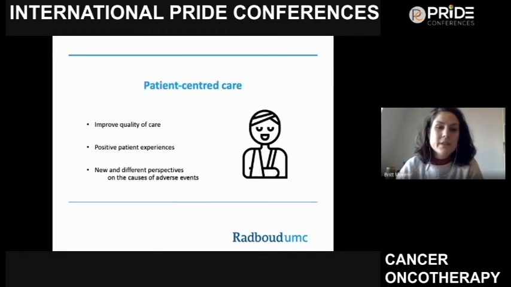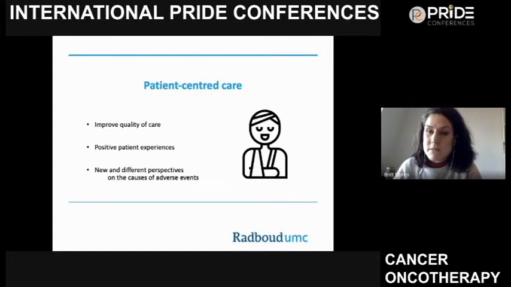In our case, we were focused on how to achieve more patient-centered care. Patient-centered care is one of the 6 dimensions of quality of care. So we believe that we can improve care by involving patients more, and also the solutions and the learning points that come from the meetings should also be considering the patient and their overall wellness and experiences. Because positive patient experience, of course, increases the quality of healthcare.